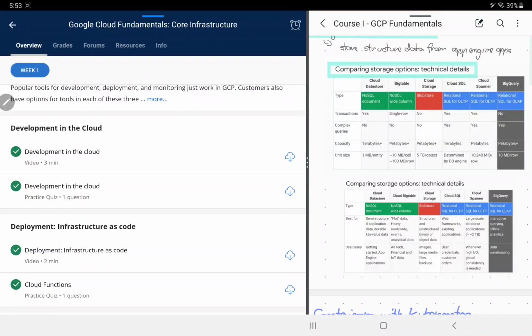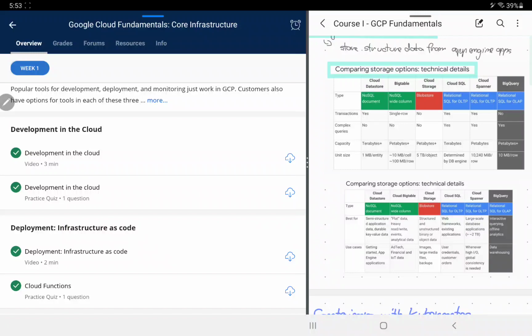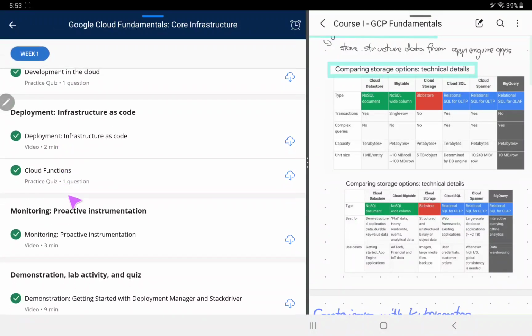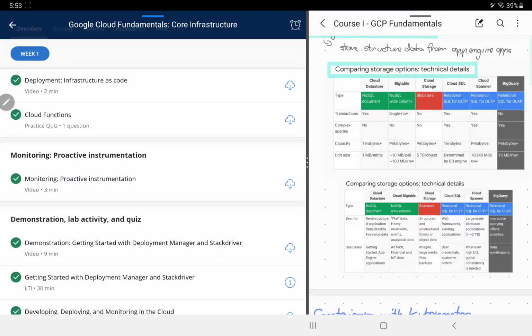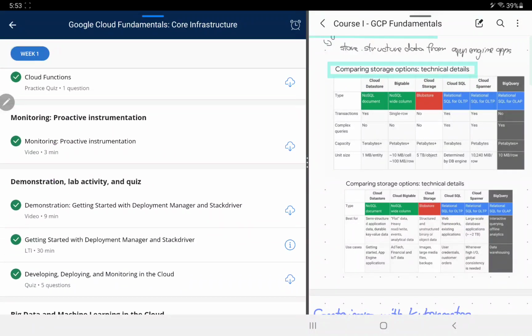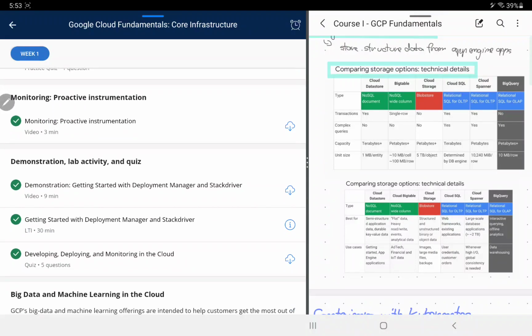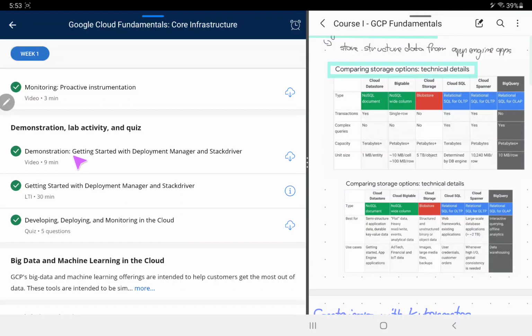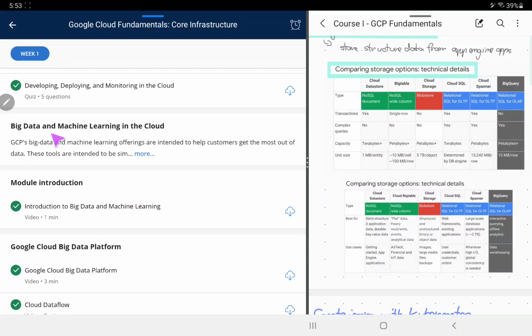Then they talk about development in the cloud, deployment, and infrastructure as code, and you're actually learning how to deploy via YAML configuration files, deploy stuff very fast via configuration files. Of course, another very big aspect is monitoring, and in this case, Google offers a lot of monitoring, logging, and debugging via their Stackdriver infrastructure.